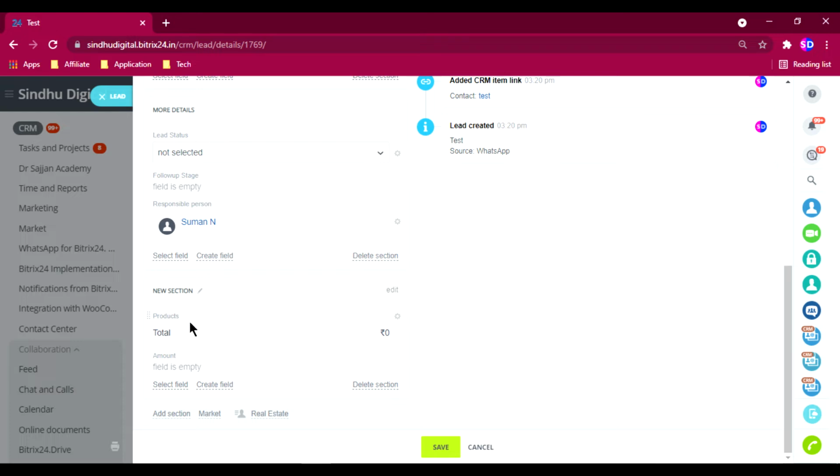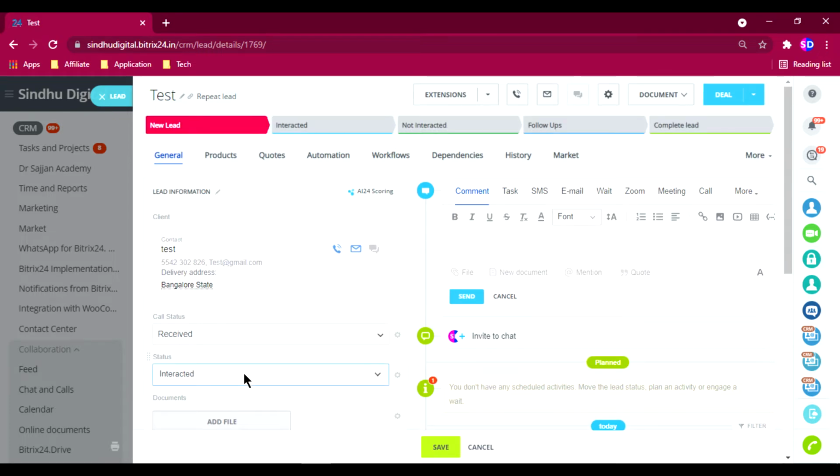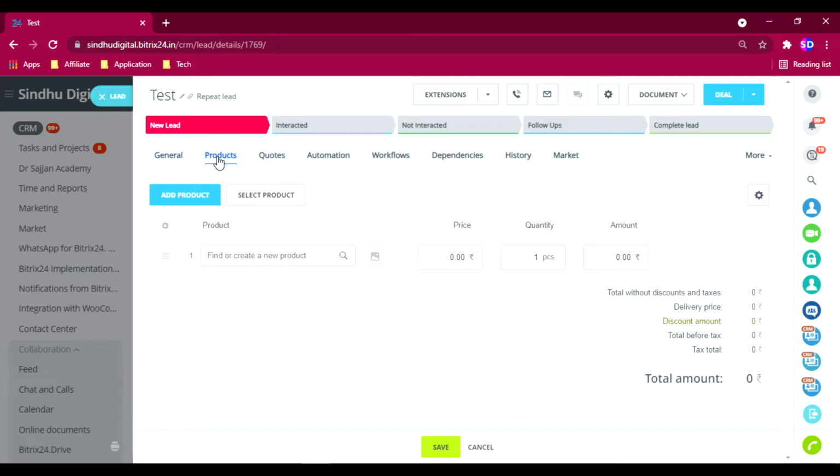The customer is ready to buy. I have given a proposal, and the catalog has different products, so he has to buy something. To add that product, you can see at the top there are a bunch of different options, and you should click on product.